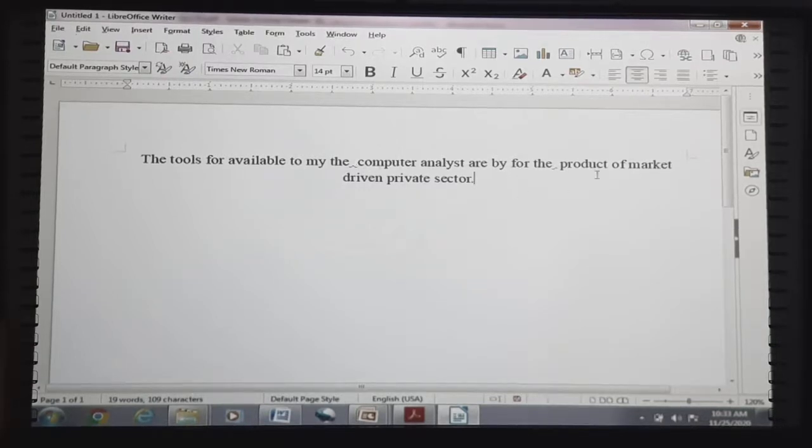Similarly, here between 'the' and 'product', one wavy blue line is there, which depicts a grammatical error between these two words. That error is that we have left two spaces. Only a single space should be kept. See, so it has been removed. Here also, if we remove the space, it will be automatically removed. Now, the same thing.